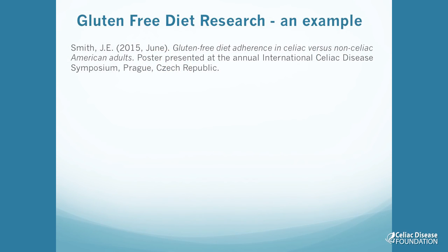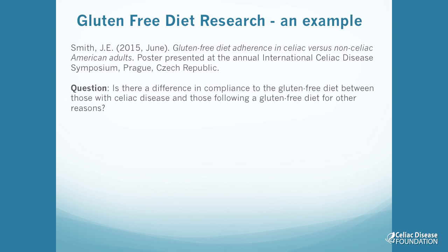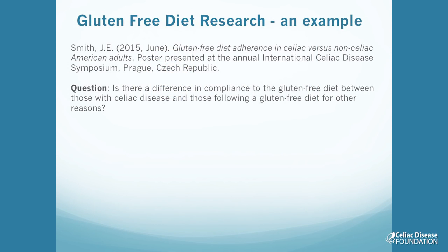But I presented this poster at last year's International Celiac Disease Symposium. As a clinician, I was really interested in this question for my patients, and also as someone who has celiac disease, I was concerned about some people I was meeting who were gluten sensitive, who might not be following a gluten-free diet to the degree that I was. So I asked the question: is there a difference in dietary compliance between those with celiac disease and those following a gluten-free diet for other reasons? The reason I was asking is also because of the increasing number of people who are following a gluten-free diet prior to being diagnosed. So I wondered, if you don't have a diagnosis,